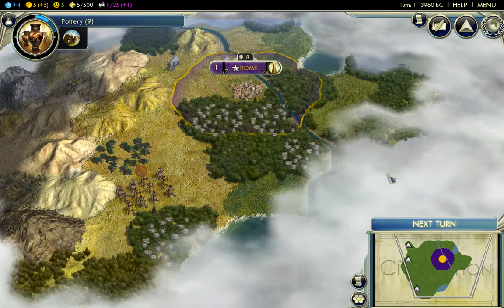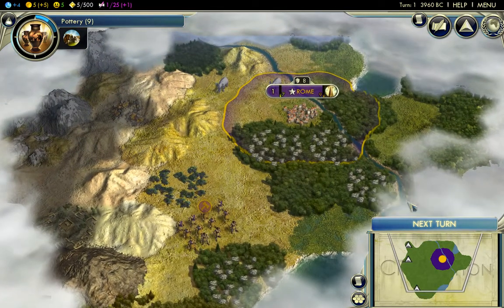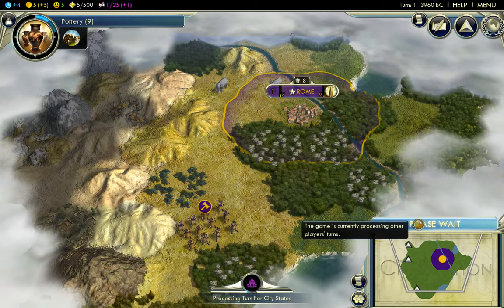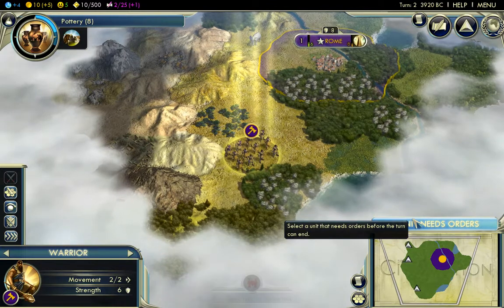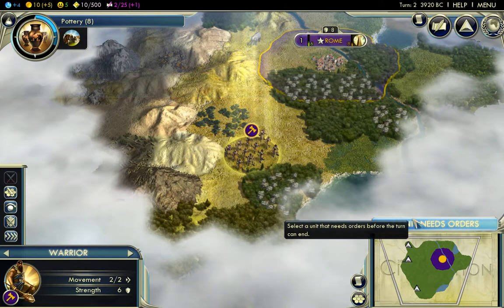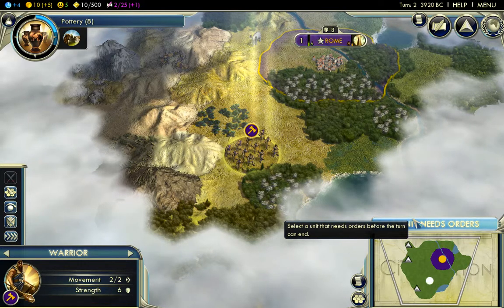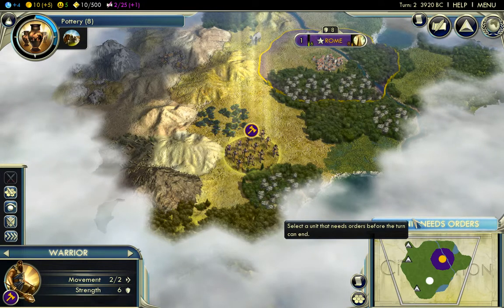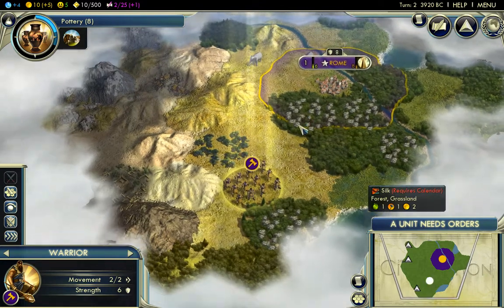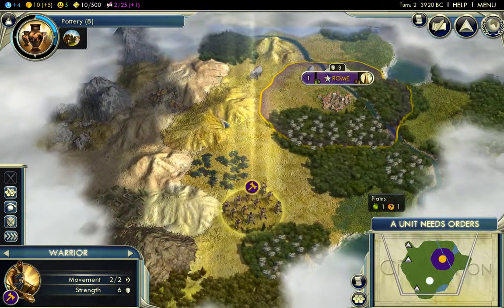Also, very important is technology. If you're more advanced, obviously you can create more advanced things. Let me just end my turn. So you create more advanced things, and ultimately to win a technological victory is by creating an Alpha Centauri, which is basically a spaceship, and you send it up to space, and you make like another little civilization in space. So that's the main thing for technological victory, but obviously war victory, the militaristic victory, you just gotta annihilate